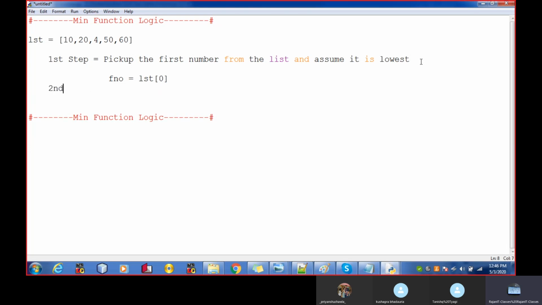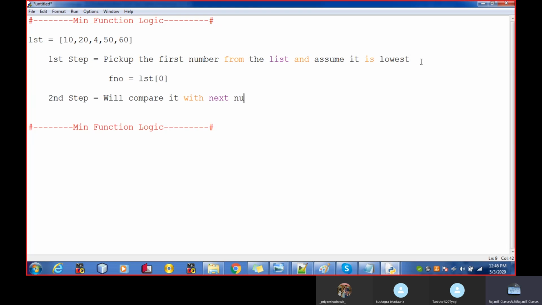At the second step, we'll compare it with the next number. Here the next number is 20.